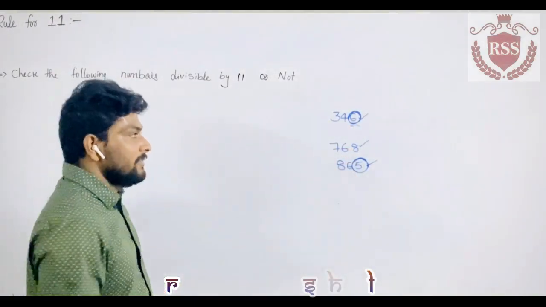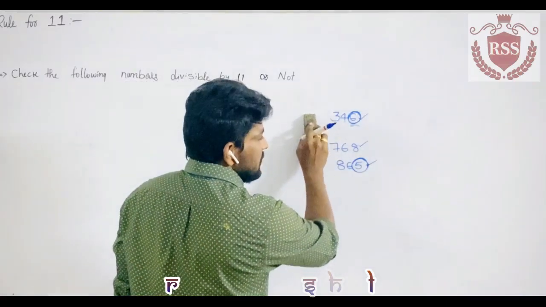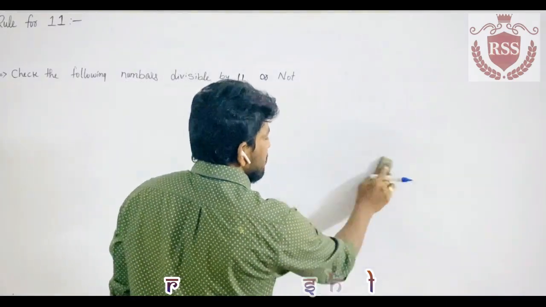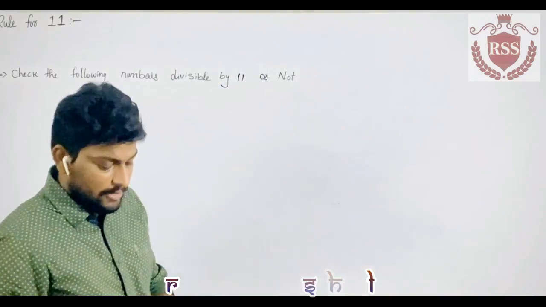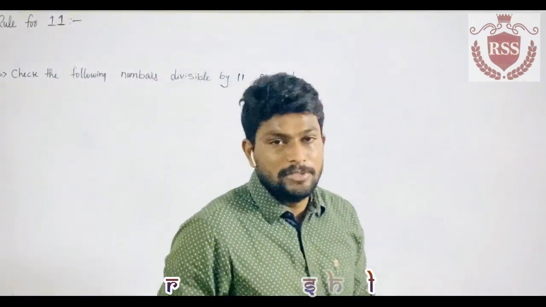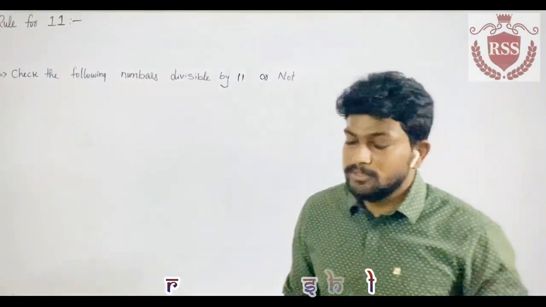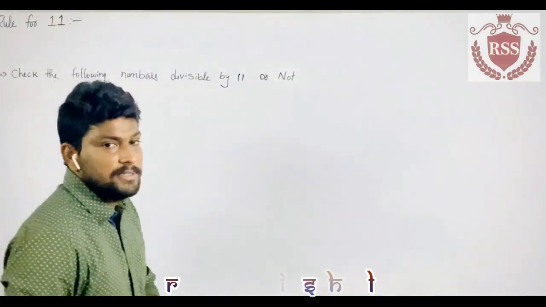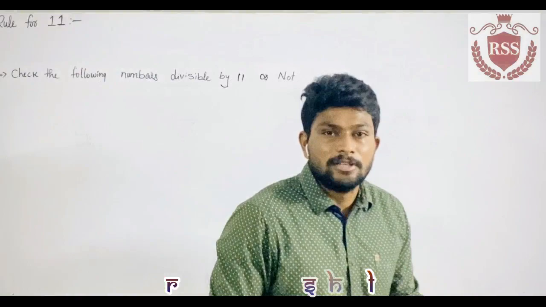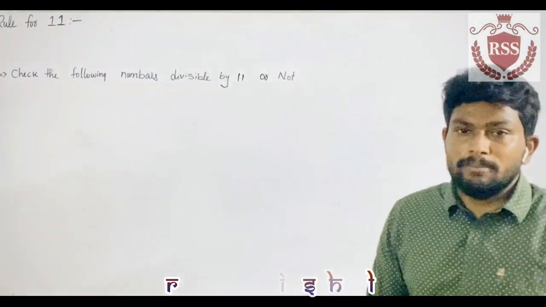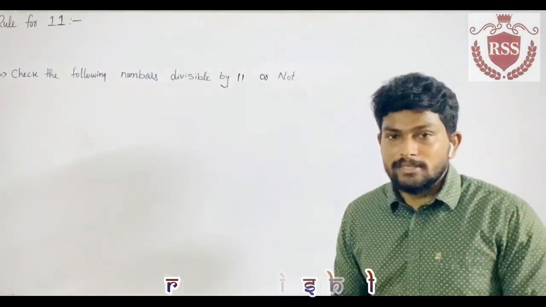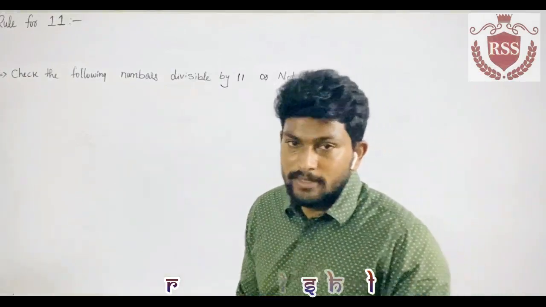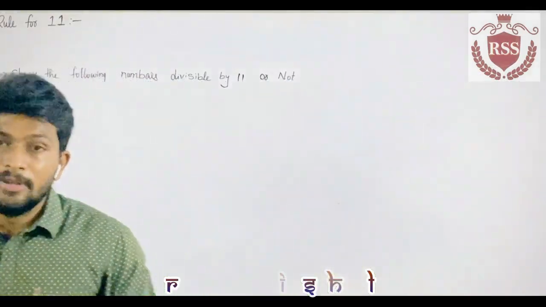To divide with 2, the given number must be an even number, and it only divides with even numbers. Next, what is the divisibility rule of 3? The sum of all the digits in the given number must be divisible by 3. Then the whole number is divisible by 3. That is the divisibility rule of 3.